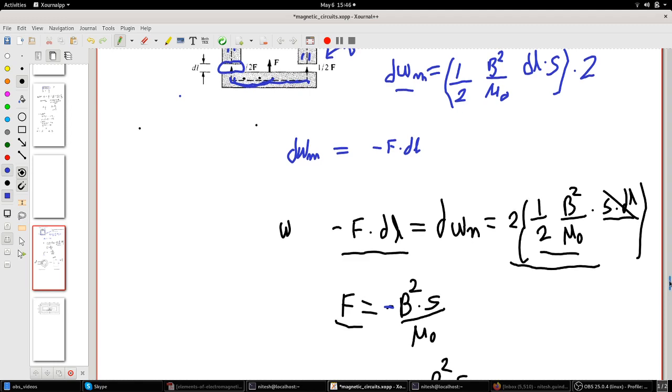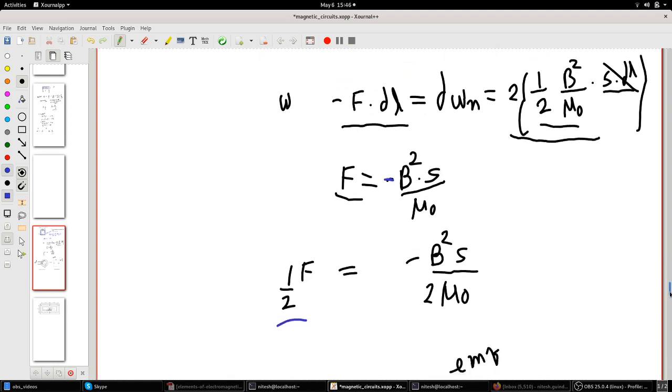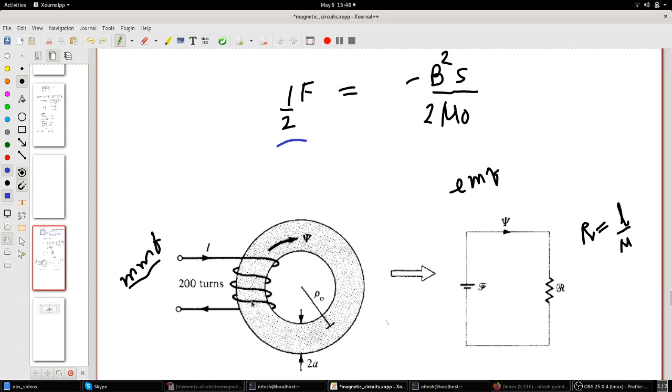Now the whole idea of going through magnetic circuits was to convert this kind of device into this kind of circuit. What we are doing here is replacing this particular section of turns with the MMF, the magnetomotive force, which is analogous to the battery voltage supply in the electrical circuit. So that's your MMF which is generated.